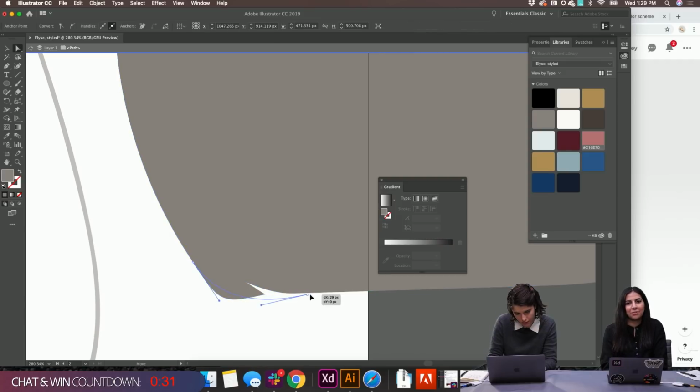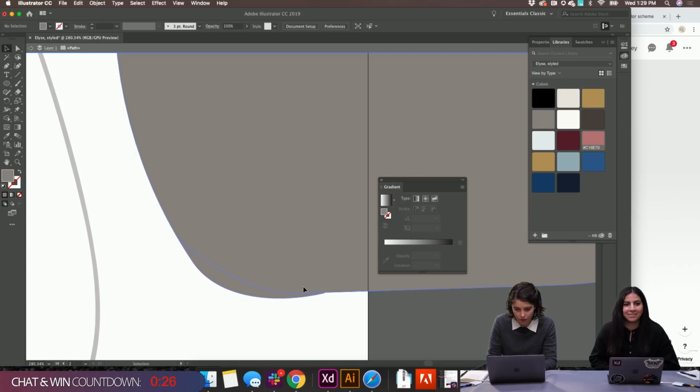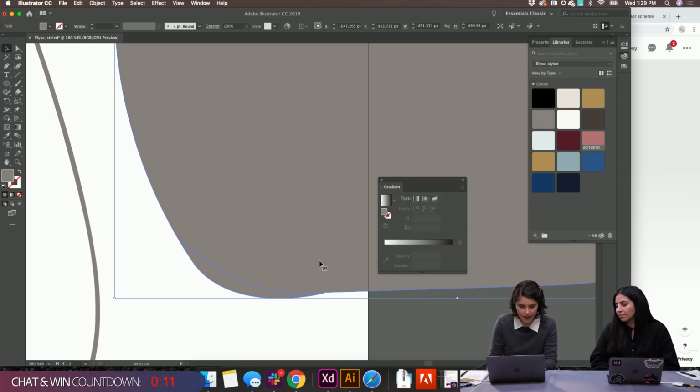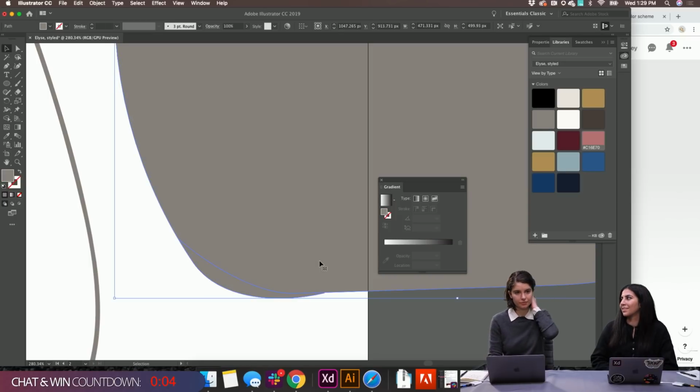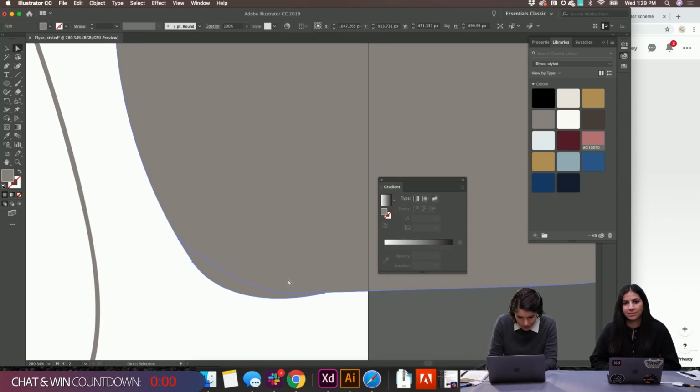Shay's asking how you're filling in the shape so quickly. What's the keyboard shortcut? Oh, that's a good question. What I'm doing is Shift X, which, if you watch over here, switches the stroke and fill. So I just have an object selected, and I'm switching it from having a stroke and no fill to having a fill and no stroke. So Shift X. I think that should be the same on Mac and Windows.